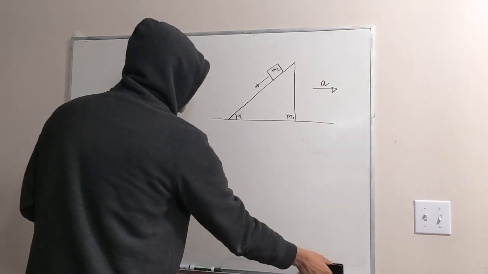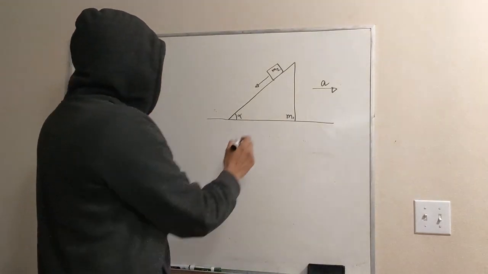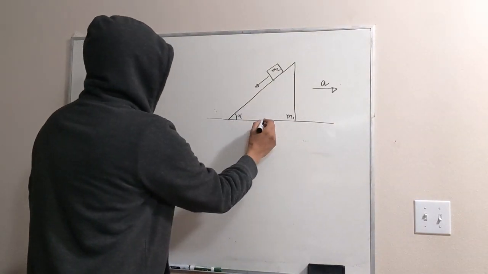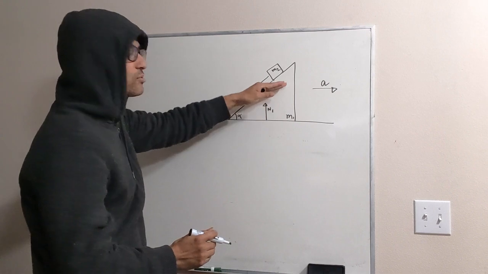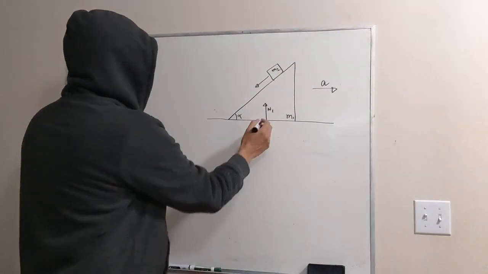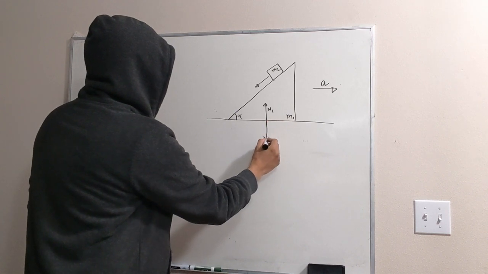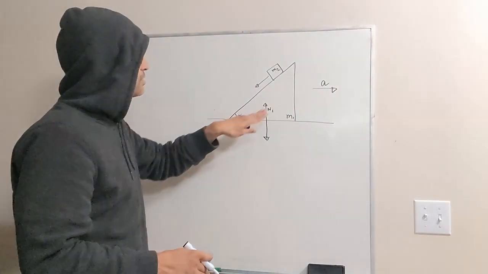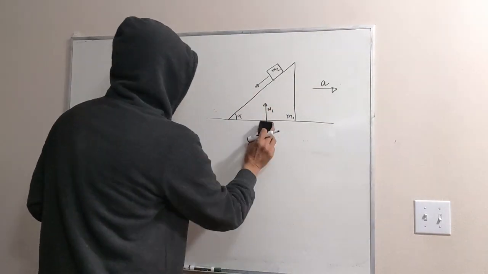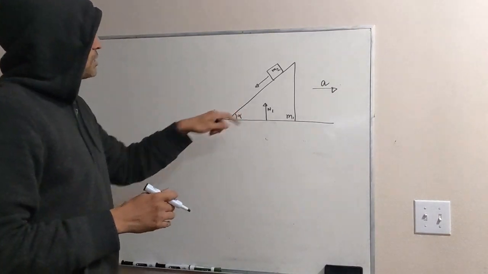So let us see what are the forces acting on this m1. So obviously, this guy is lying on this surface, so there will be a normal reaction n1 by the surface to this object. See, the object is also giving equal and opposite direction normal reaction on this surface, but we are not considering the forces on this surface. We are considering the forces on this object, the m1 object.